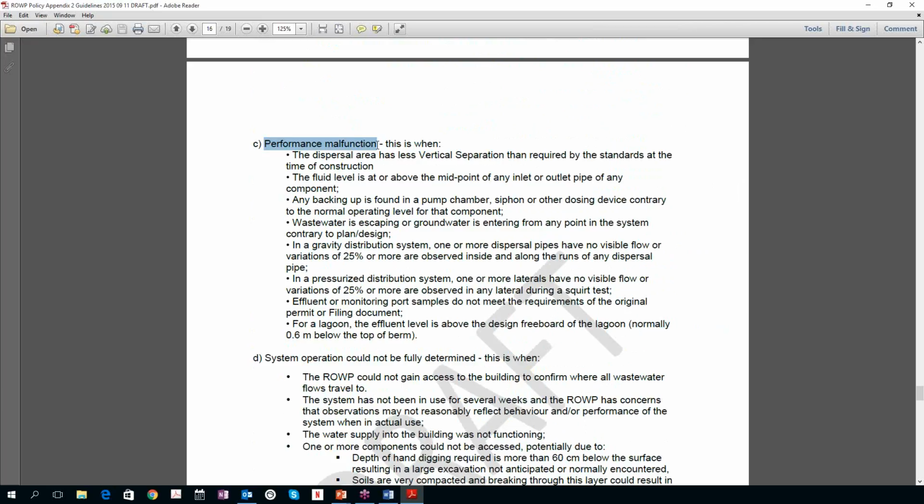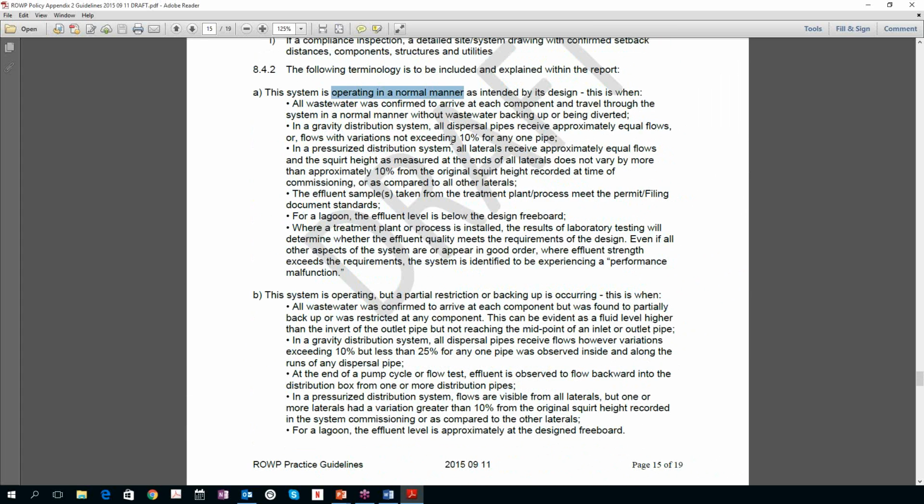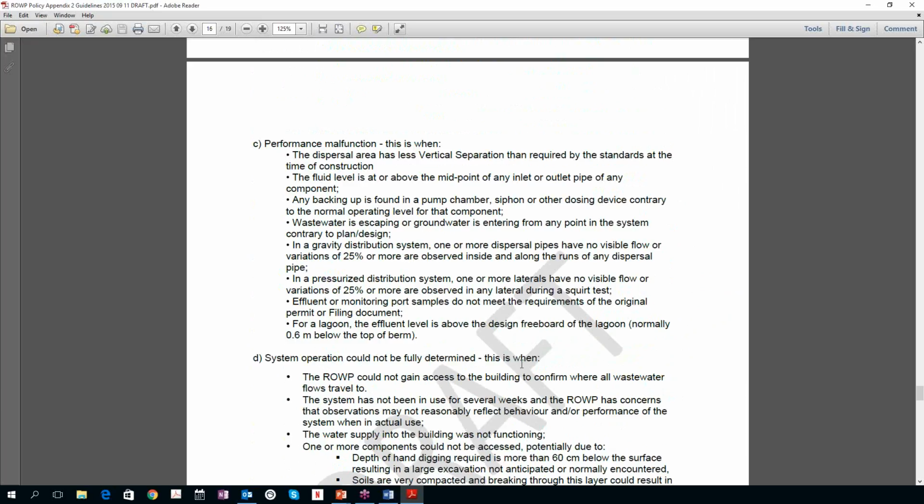Performance malfunction. That's the $1 million phrase. Not the system has failed. Don't ever say that. You're just putting yourself on the line. Say it's in a performance malfunction if it's not working right, because that has more meaning than it's failed. What does fail mean? Some people might think that you're saying they need a brand new system, but if you say it's in a performance malfunction, that's not saying that they need a brand new system. That is saying that the thing needs some attention. It needs something, and then your job is to say what the recommendation is to get it out of a performance malfunction and back into operating in a normal manner. That might be replacing the whole system. It might not. You might not know.